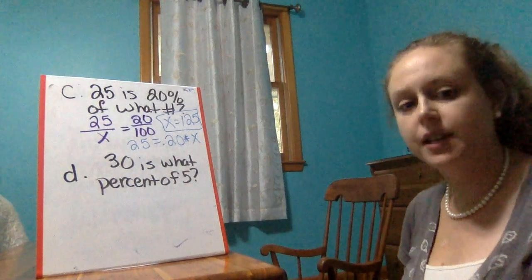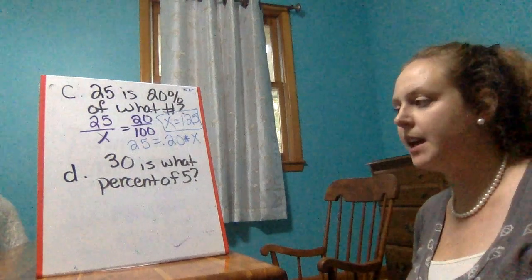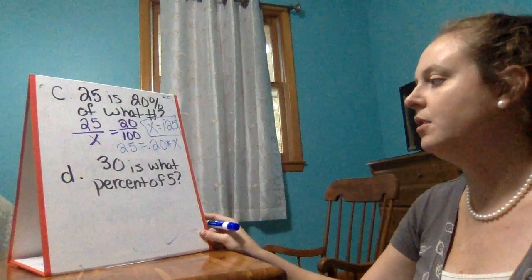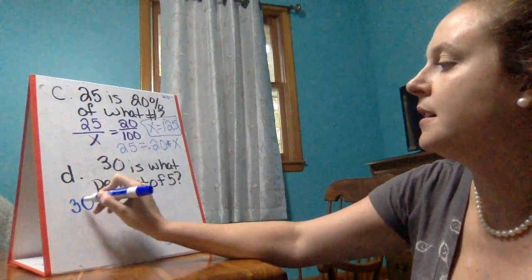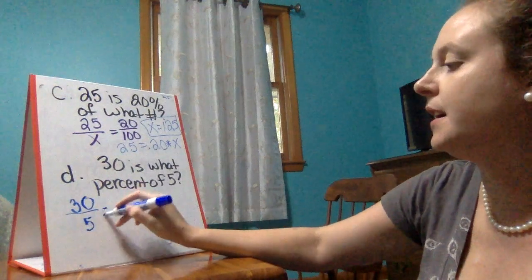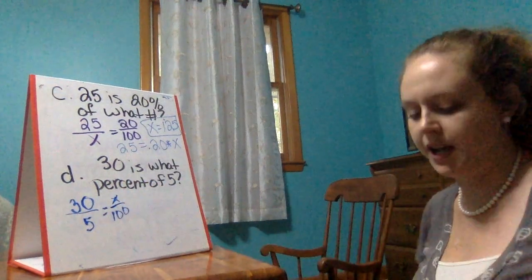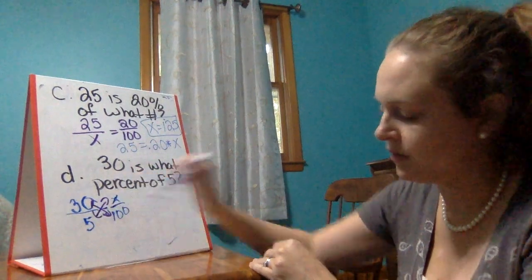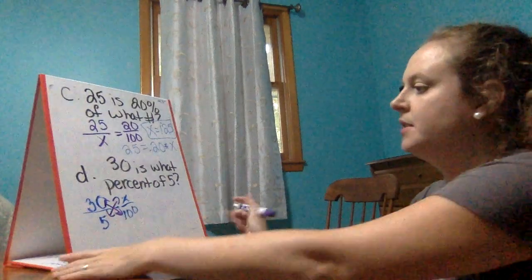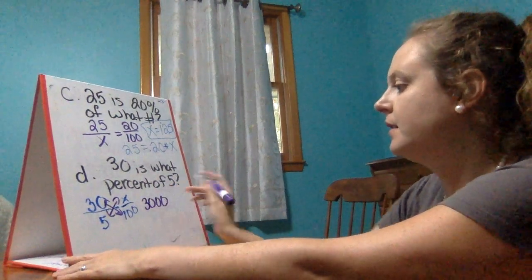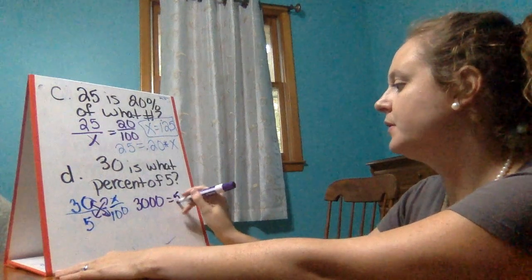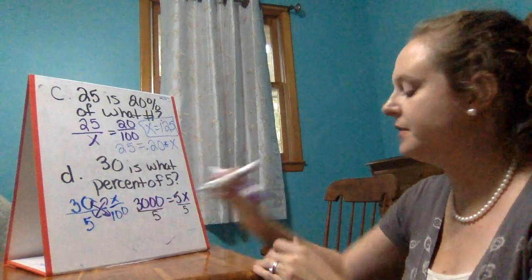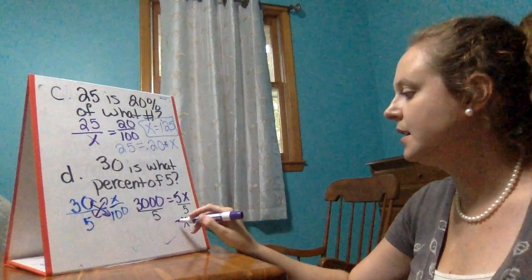I think D is the trickiest one. It's a percent problem again, so we've already seen one like that, but I'll show you what I mean by it being tricky as we get along. So 30 is what percent of 5? So I've got my ratio here. I'm going to cross multiply. So this is going to give me 3,000 is equal to 5x. I'm going to divide both sides by 5. And I'm going to get